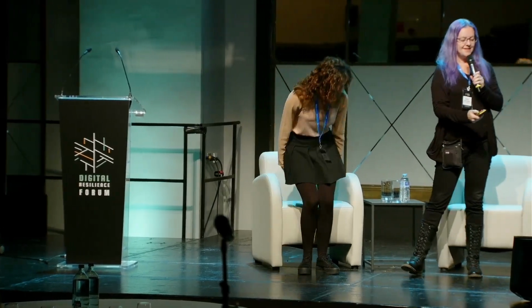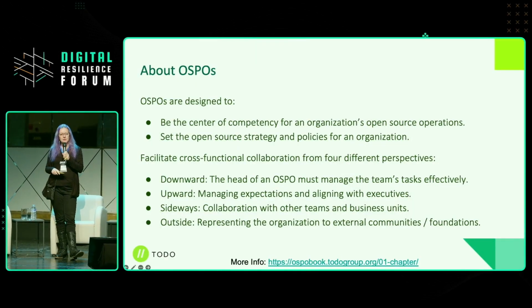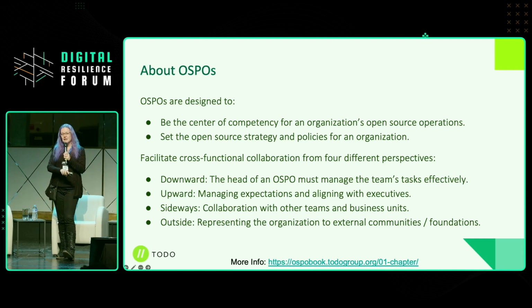Awesome. Thanks, Anna. One of the first chapters in the book is this introduction to open source program offices. When we talk about open source program offices, you don't necessarily need to call it an OSPO. That's the framework we're using, because that's what the TODO Group calls it. But throughout this workshop, sometimes it's called an open source program office, sometimes it's called something else. Sometimes open source program offices cover certain bits of the work and not others. So think about this as a flexible framework to think about open source.